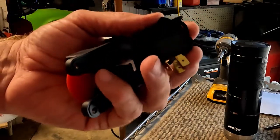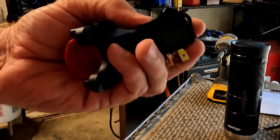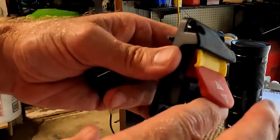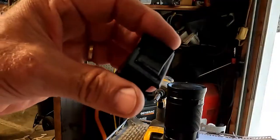If you're using this in manufacturing or in a OSHA regulated industry, then you probably would have to stick with the big red flag button. But I don't need that. I just need this. Let's verify